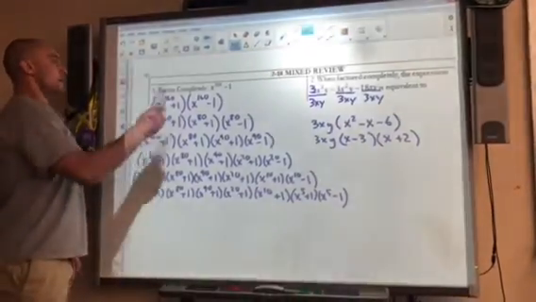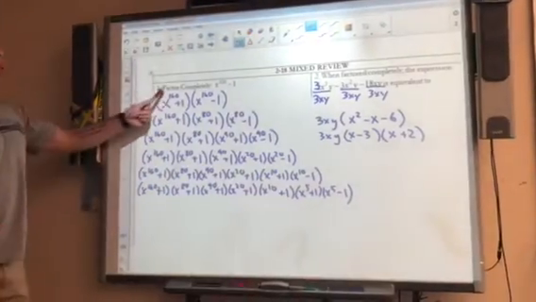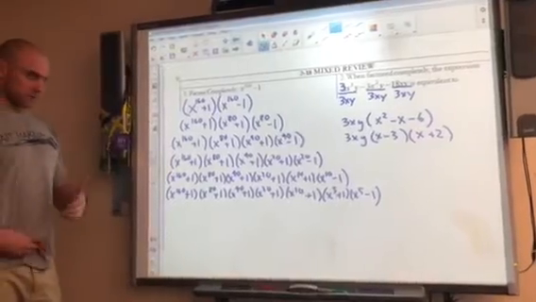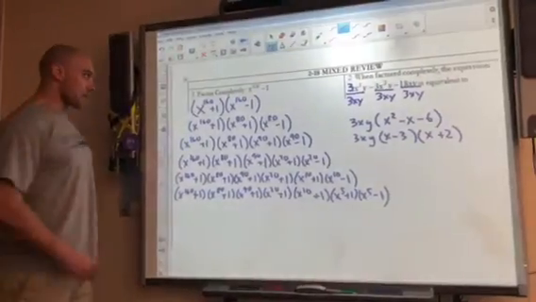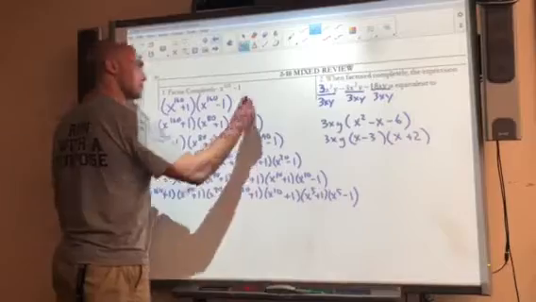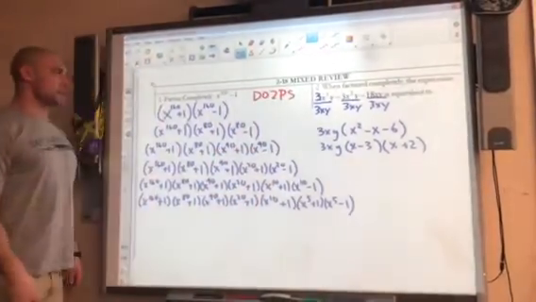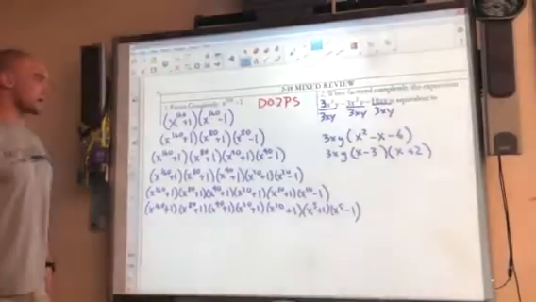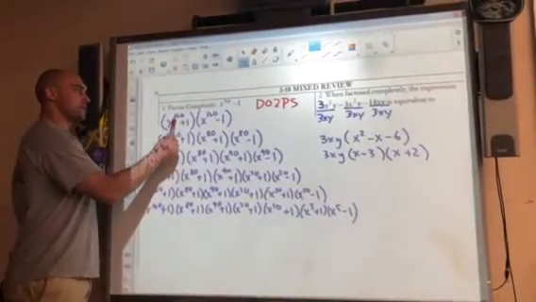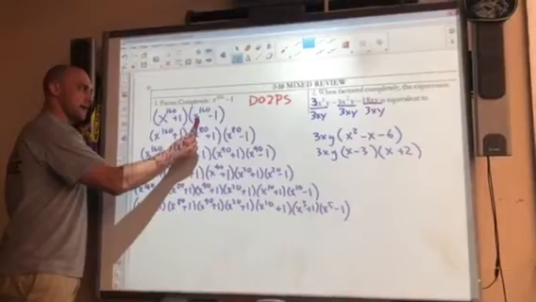Okay, in 218 number 1, we're asked to factor completely. So there's going to be multiple steps here. And again, I'm starting off with two terms, which means I'm first going to do difference of two perfect squares. Now what's going to end up happening is, so I get x to the 1/60th plus 1, x to the